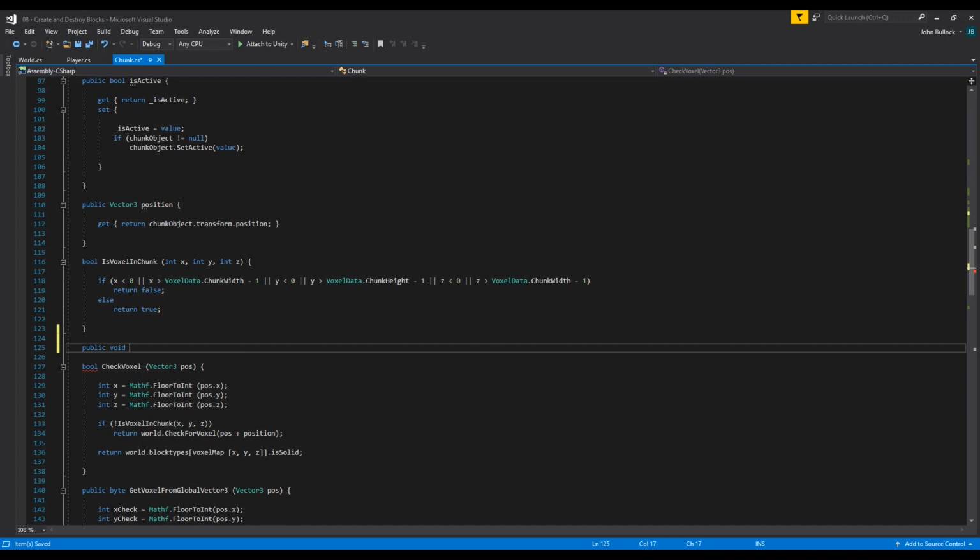So firstly, we want to create a public EditVoxel, Vector3 pos, and we also want a byte, and that's going to take in whatever we're going to do to this voxel. So if we're removing it, we'd just be passing in a 0 here. If we were setting it to bedrock, we'd be passing in a 1. So basically this is just going to change the value of a voxel in the voxel map,